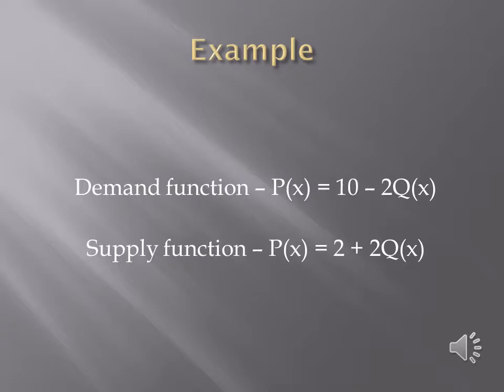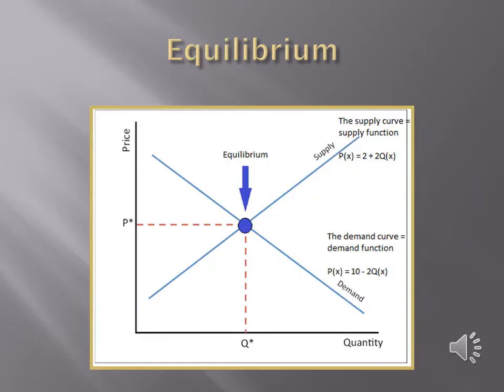You have two functions, the demand function and the supply function. The demand function selected would be P of x equals 10 minus 2Q of x, and the supply function P of x equals 2 plus 2Q of x. Now the P of x would equal price and the Q of x would equal quantity. In order to solve for equilibrium price and quantity, we must solve for the intersection, which would be